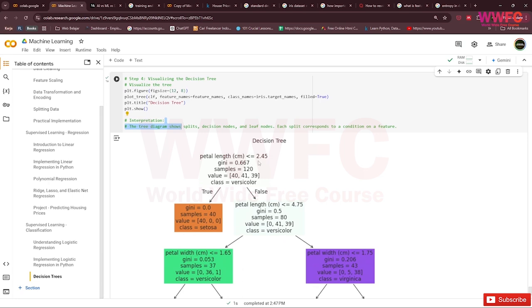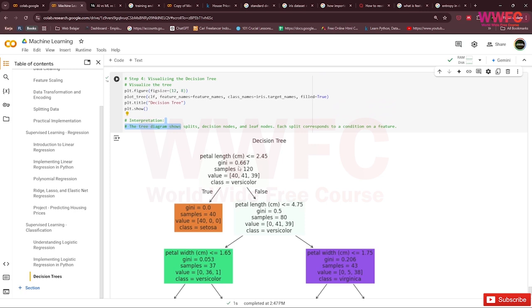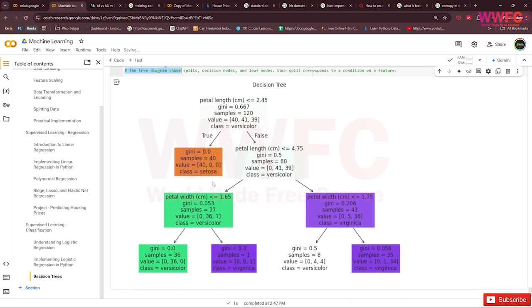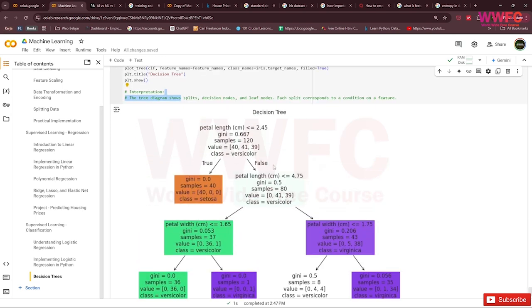Petal length is under 2.45, with a gini of 0.667 and samples 120, true if petal length is under that.